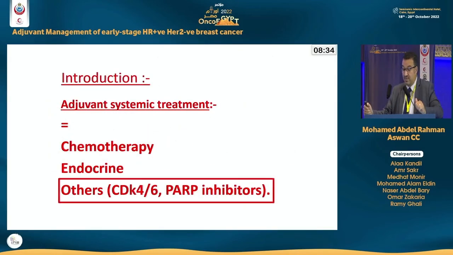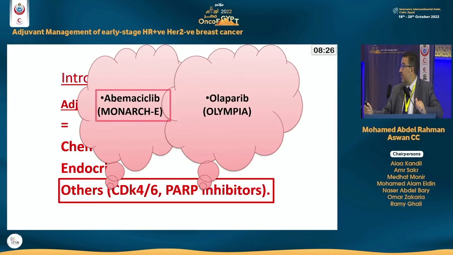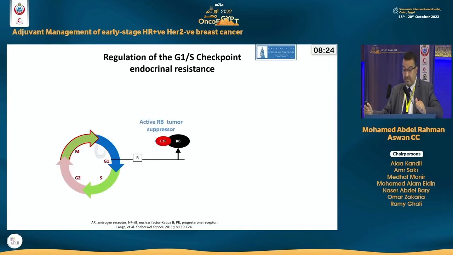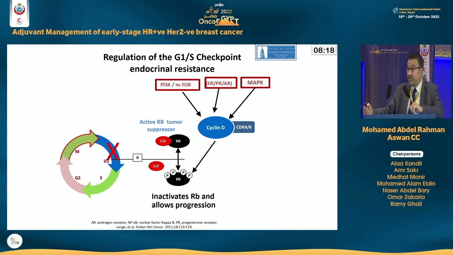Coming to the recently released data about CDK4/6 inhibitors and the PARP inhibitor, we have the abemaciclib in the MonarchE study and the olaparib in the OlympiA study. Starting with MonarchE, this is the mechanism of action of CDK4/6 inhibitor. CDK acts through inhibition of the retinoblastoma gene, which is a tumor suppressor gene, to stop the cell cycle progression. So through inhibition, you stop the cell cycle progression, as cyclin D has a carcinogenic effect. And if you block cyclin D through CDK4/6 inhibitors, you will block many pathways: ER pathway, PI3 kinase,